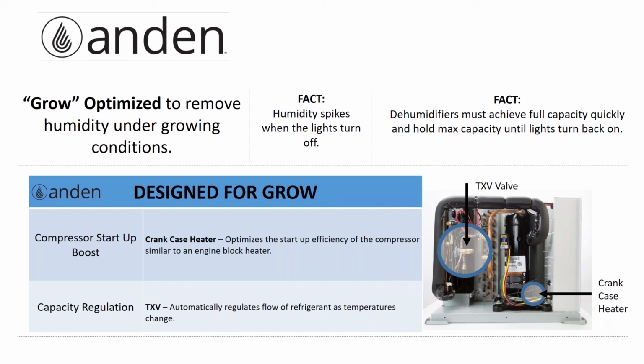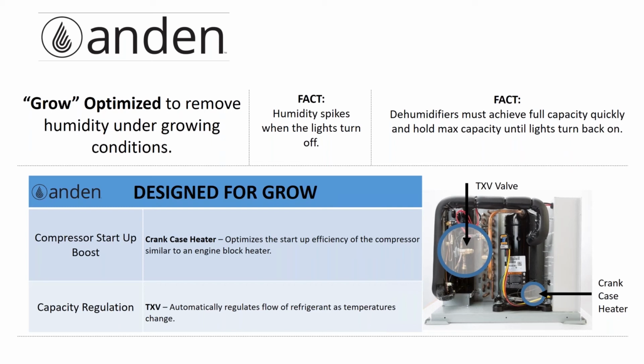A crankcase heater allows a dehumidifier to reach maximum capacity in minutes. Most dehumidifiers take 30, 40 minutes. We can do that in a handful of minutes, okay? That's important inside of a grow room because your plants, whether it's 4 of them or 400 of them, aren't going to wait for your dehumidifier to reach capacity before they start doing their thing. They're going to do their thing, and your equipment's got to be what keeps up with them. So that's one of those things that were crucial with getting this dehumidifier running.